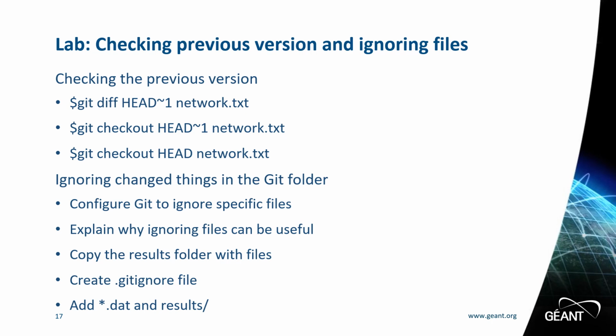To make git ignore specific folders and files and prevent them from being staged, we must create a .gitignore file by adding *.dat and results/. We are telling git to ignore any file whose name ends in .dat and everything in the results directory. Ignoring files is useful because in some circumstances you place configuration files, files containing passwords and temporary libraries in the development folder that you do not want others to use or access.